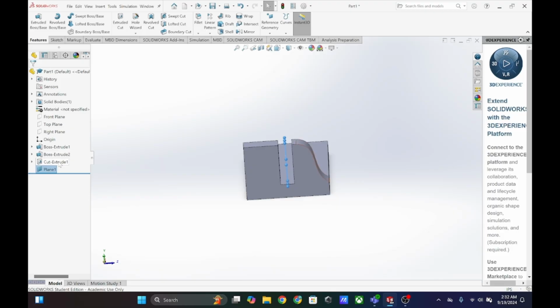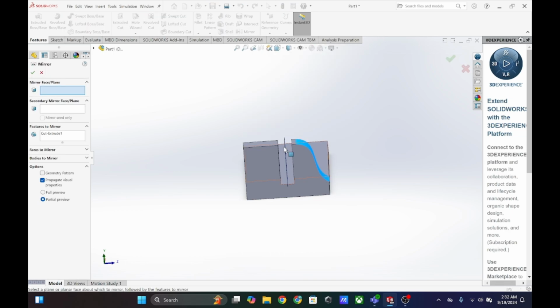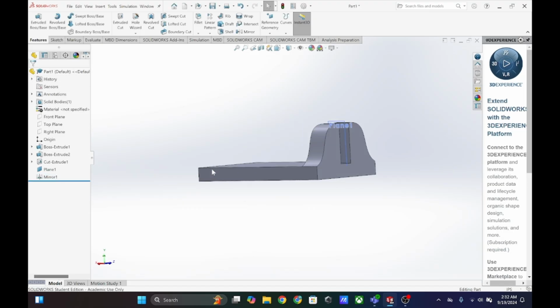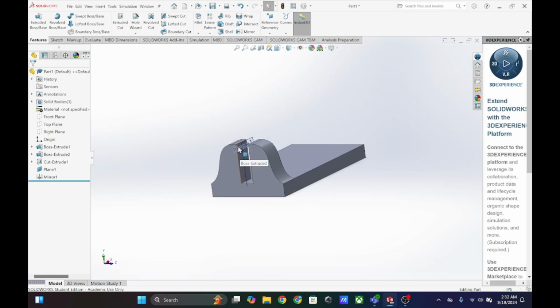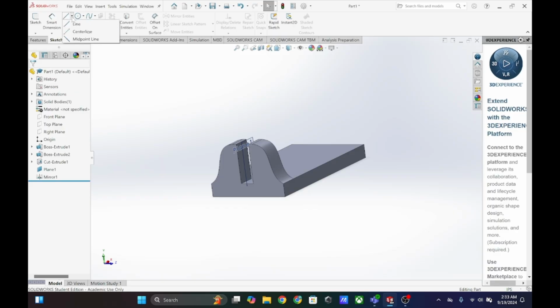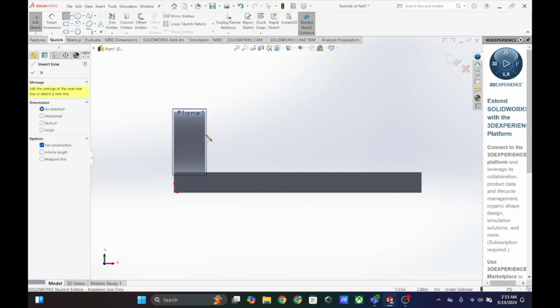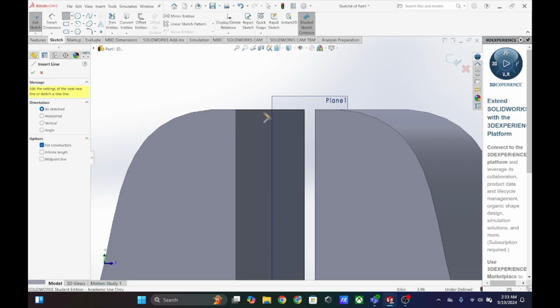We are now going to mirror this cut extrude over to the other side. So make sure cut extrude is highlighted. Now we are going to do mirror feature right here, mirror, across this plane. Hit OK. And now we have our kind of wavy sort of geometry on both sides. Now what we are going to do is draw a center line from the top of here. The way we're going to do that is sketch here, center line. We're going to select this inside face. Now this is a little bit awkward to work with because of the angle, but we are going to just